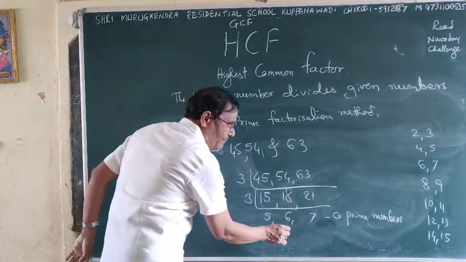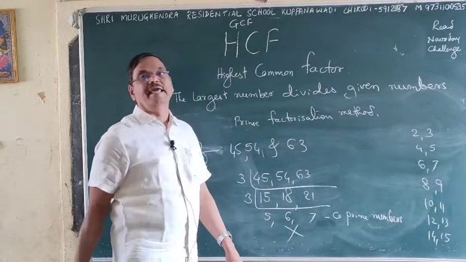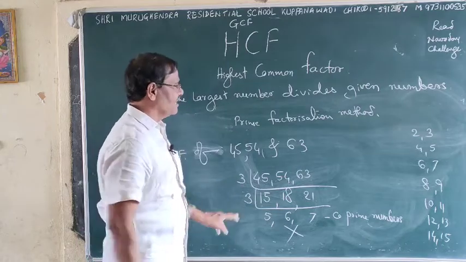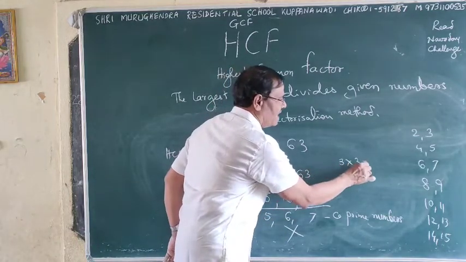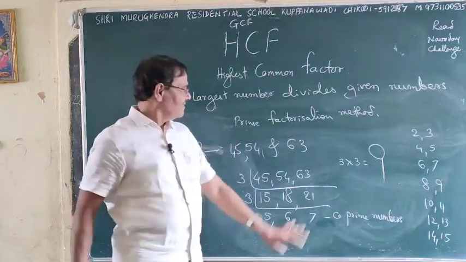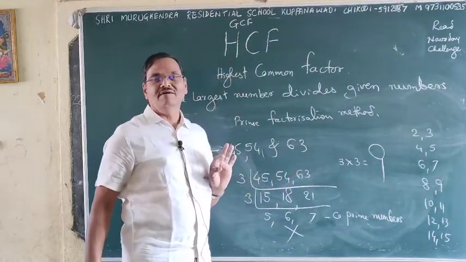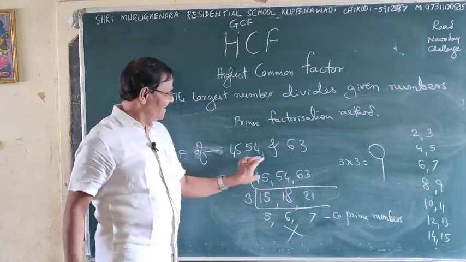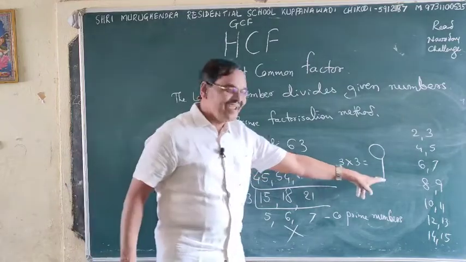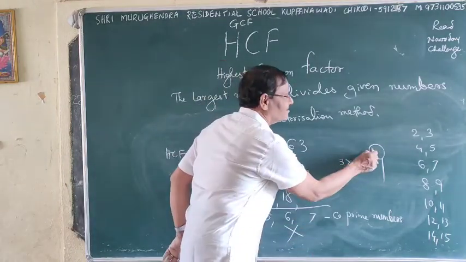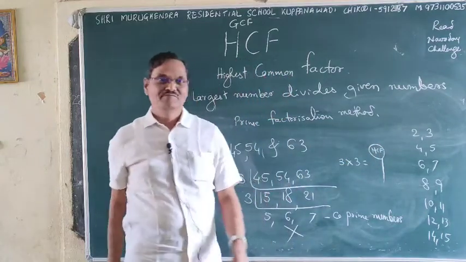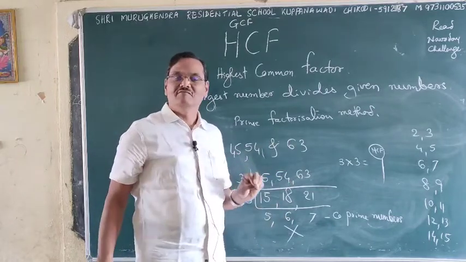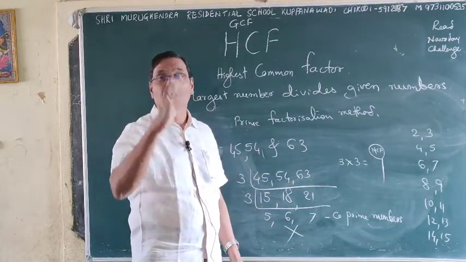So if you go up, you will be in danger. So mark here that danger mark and multiply these two. 3 3s are 9. Then 9 itself is HCF of these three numbers. Got? See, 9 is HCF. 9 itself is HCF of 54. This method is a very sweet method, whereas sometimes it won't help you.